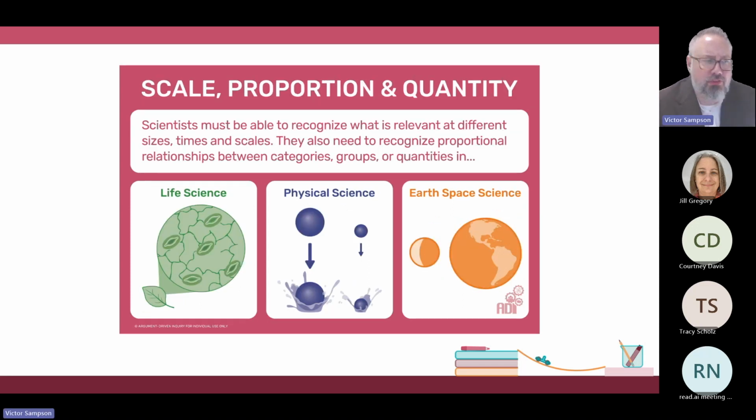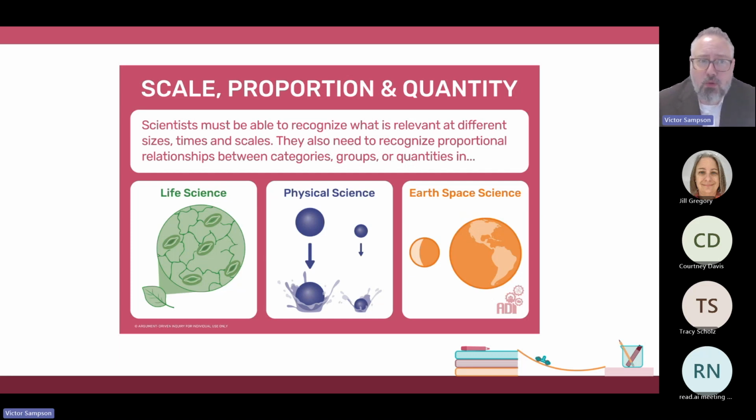Another big one that we see in our new TEKS is called scale, proportion, and quantity. One of the things that scientists have to do is make a lot of choices about where to look and how to measure, right? So when we talk about scale, we talk about the very large or the very small. And depending on what you're studying, small or large, you will have to focus on different aspects of that phenomenon. Then thinking about quantity as well is how do we measure that, and which measurement scale? So scale comes up multiple times.